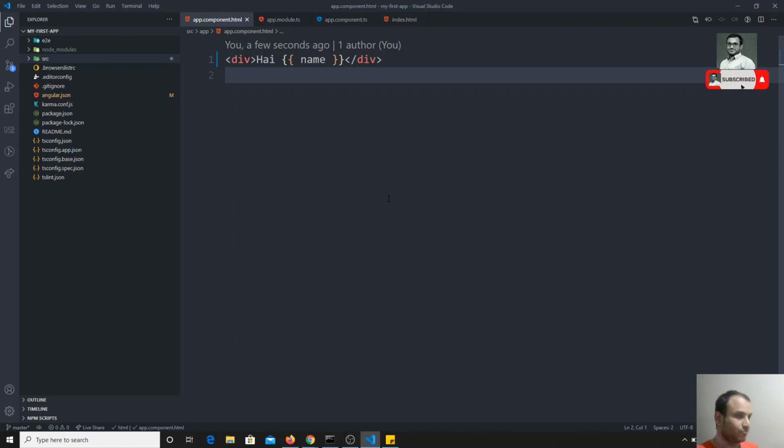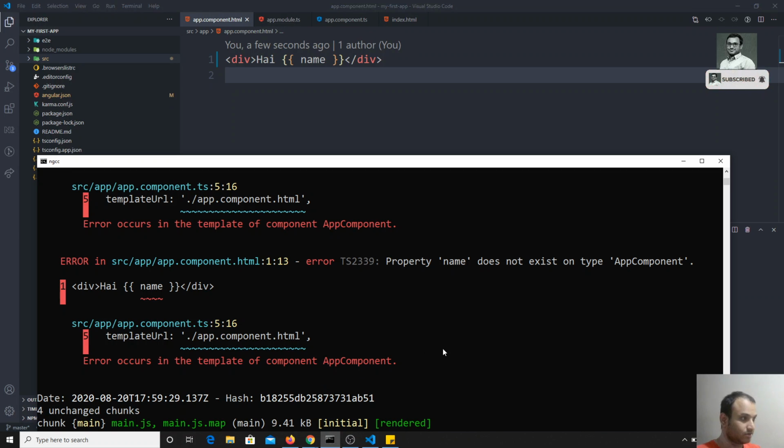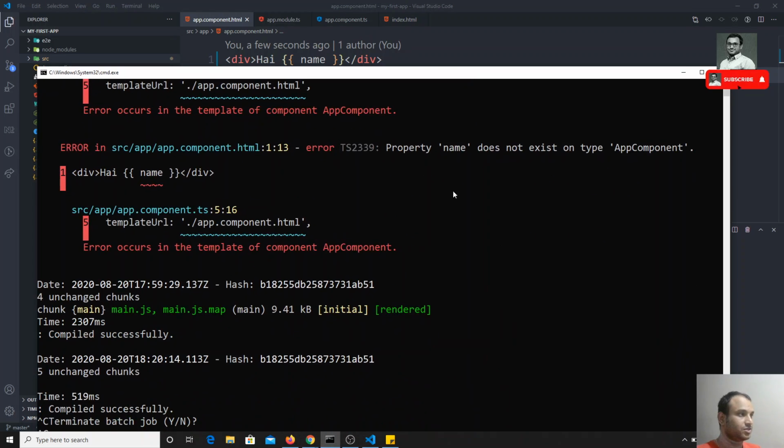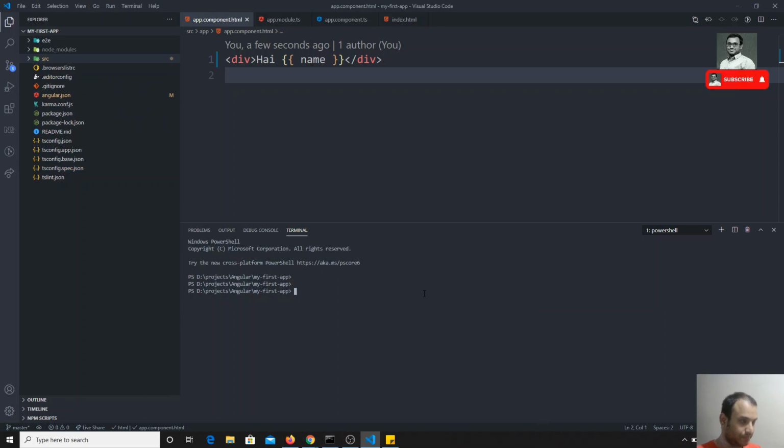Before installing Bootstrap, I will open the command prompt. Now what I will try to do is install it. Let me stop the server. Okay, I stopped the server, and here I will press OK. Fine. Now let me run npm install bootstrap, so I can directly install Bootstrap. Why?